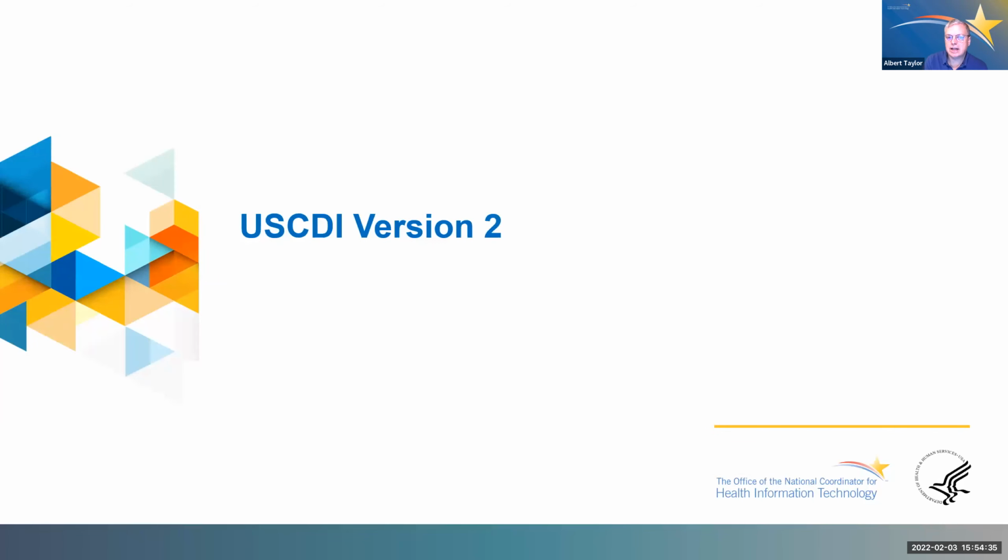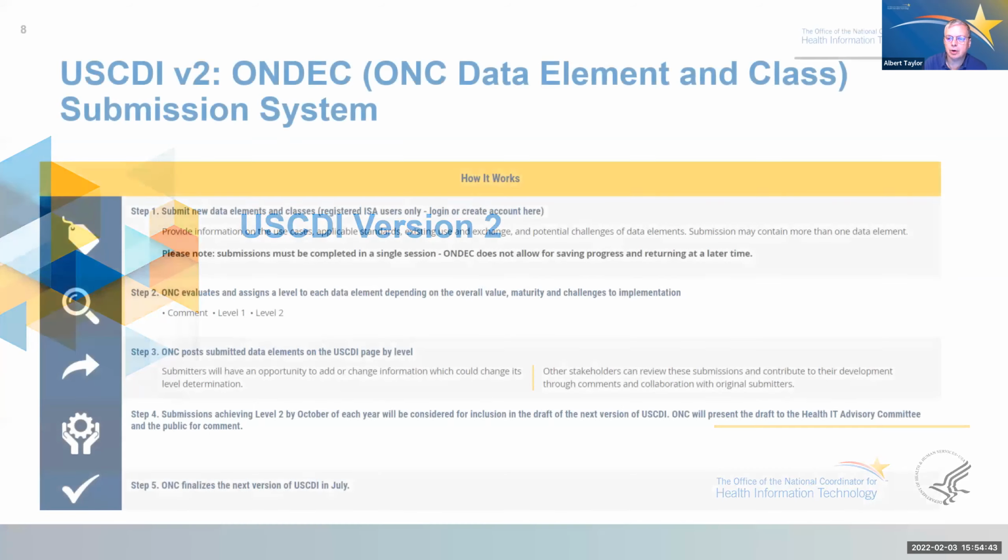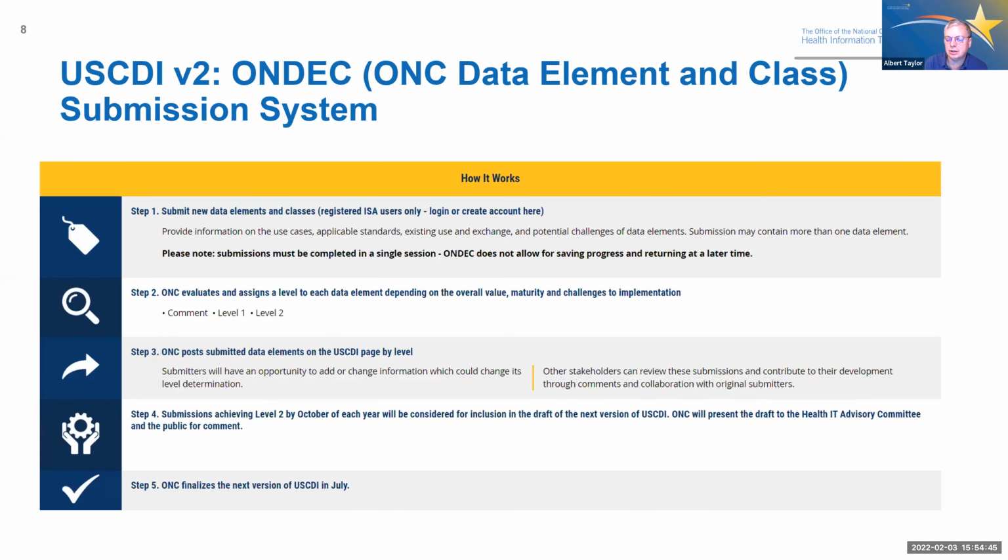Let's talk about the expansion process. How do we get from version 1 to the next versions? We started, like I said, with a public process, and that public process really is the foundation. The foundation of the public input process is our new data element and data class submission system called ONDEC. Registered users of any sort, from any part of the health IT landscape, can submit additional data elements that expand on USCDI version 1. ONC